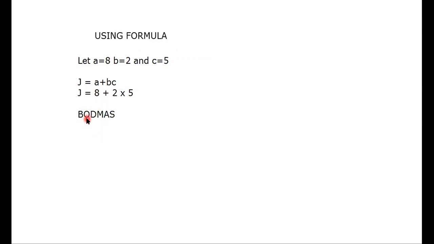There's nothing with brackets here. Order means anything to the power of, as in 3 squared, is done next. D is division and multiplication. They're given the same weighting. And then AS is addition and subtraction. So what you do first in this sum is this bit here, because multiplication comes before addition and subtraction. So that sum really becomes 2 5s are 10 plus 8 is